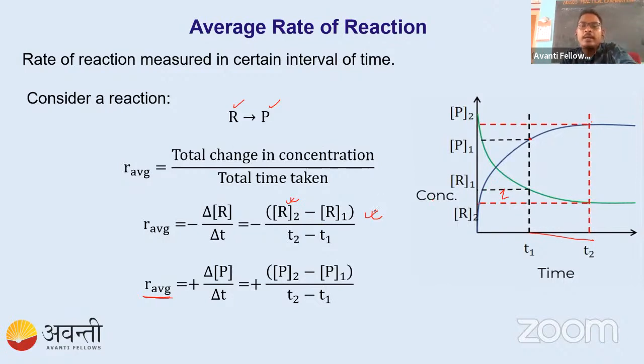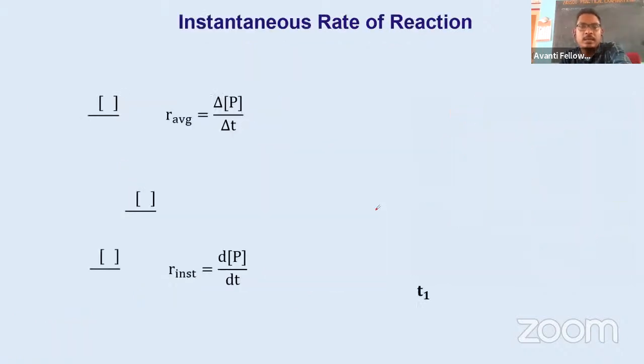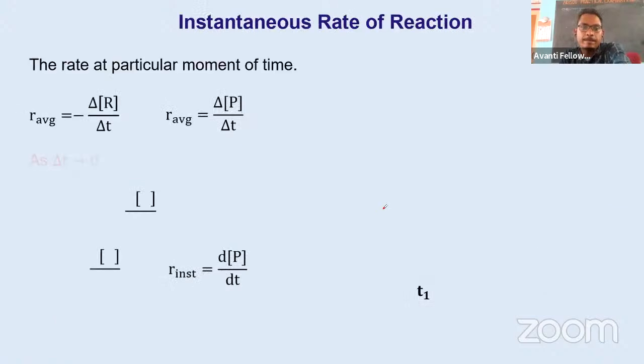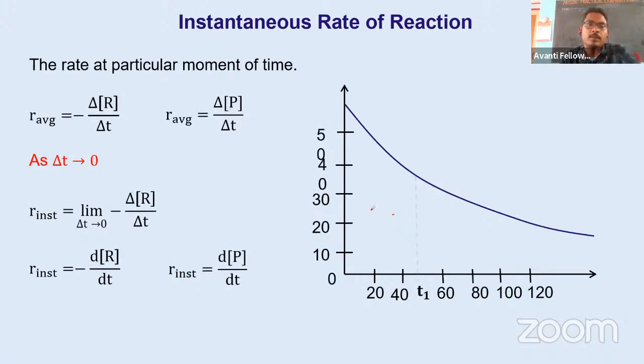So if we want to find the instantaneous rate, it is like this. Suppose we have some reactant whose value is changing from here to here, and it's taking this time. So if they ask you what is the concentration of this reactant at time equal to T1, this is in between 40 or 60 minutes, let's assume this is 50. So what is the concentration of that reactant in this?